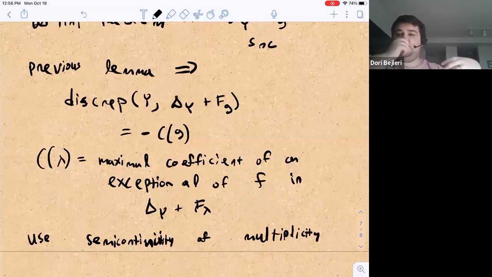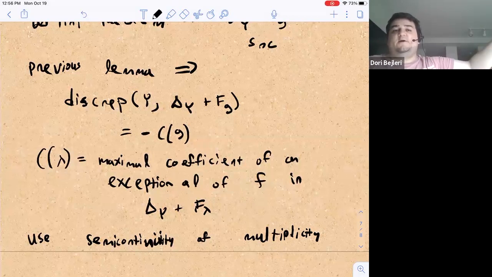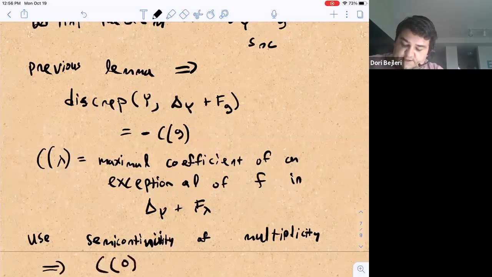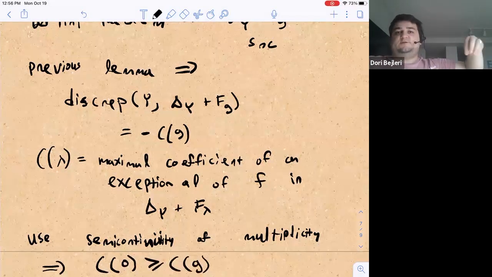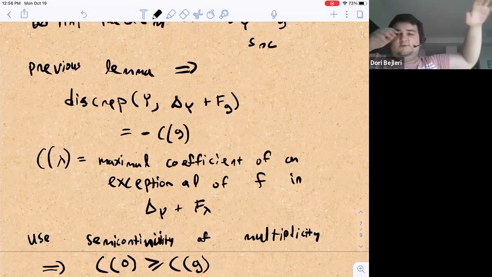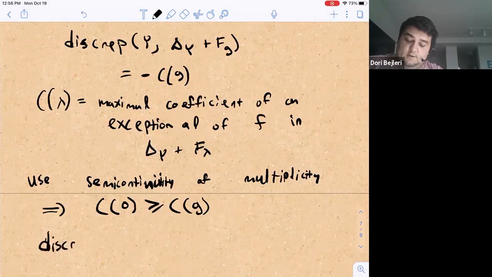So on the other hand, when we go from our generic one to our singular L0, which might have some singularities, then the multiplicity of our L0 along wherever we're blowing up to produce y might get bigger. And so the coefficient of the exceptional gets bigger. This tells us that the maximal coefficient of the exceptional is greater than or equal to CG, that the coefficients of the exceptionals can only jump up when we specialize to some special member of our linear series. And so the discrepancy can only go down,